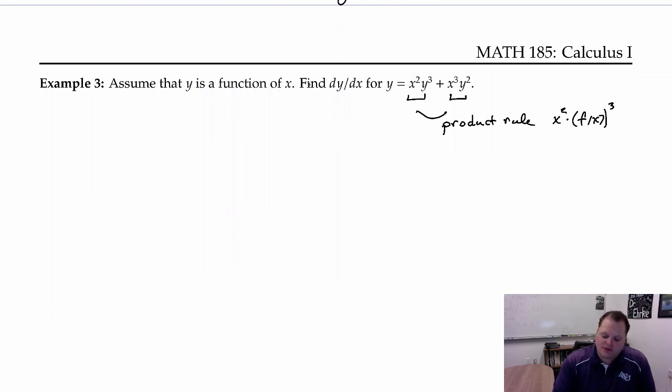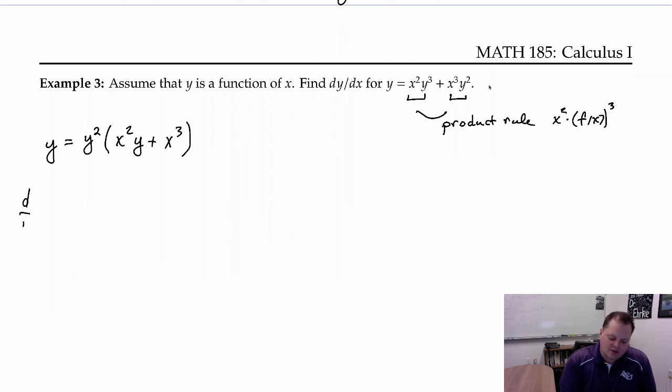So rather than do product rule twice, because I'd have to do it for the first term here and also for the second term here, instead what I'm going to do is a little bit of algebra. So I'm going to say, let's say y is equal to, I'm going to pull out, let's say y squared. And then we would have x squared y plus x cubed. That way I'd only have to do product rule once. Okay, so if I take the derivative of both sides,